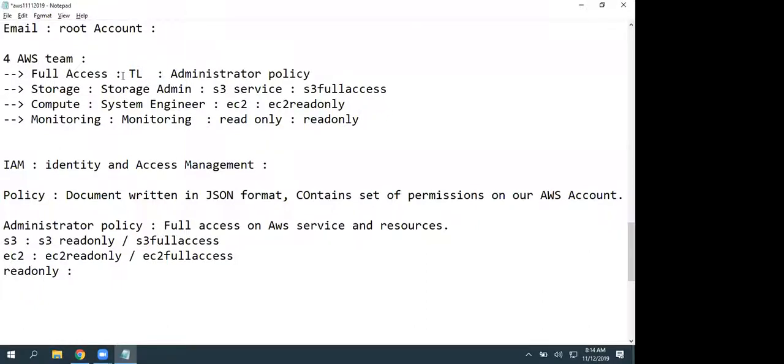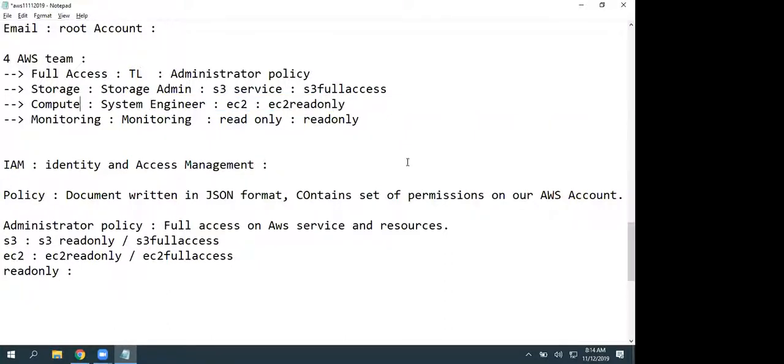So he's going to have his own username, with his own set of permissions. And all these users can log into our AWS account by using a different sign-in URL, not the regular email. If you are using email, you are logging in as a root user. We are going to get a username, and by using that username, we can log in.